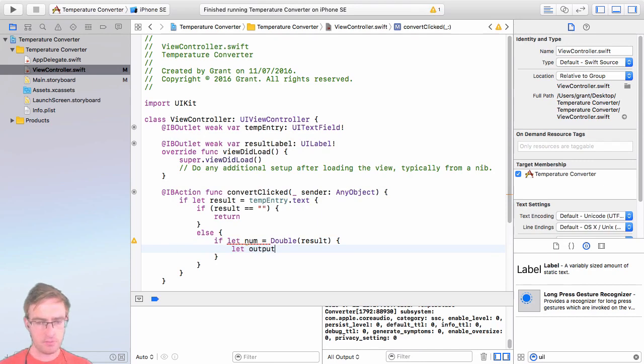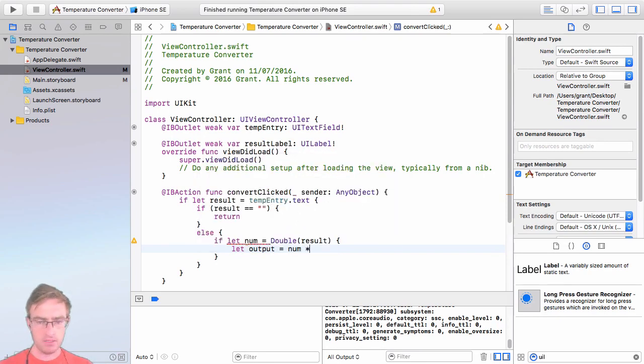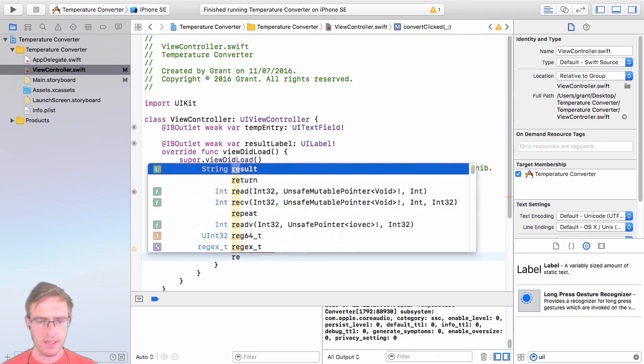Let output equal to the number we just got, multiplied by, and that's the asterisk character, and this is the conversion between Celsius and Fahrenheit: 9 divided by 5, and it is plus 32. So that gives us the result in Fahrenheit. And then we're going to assign that result to our label. So resultLabel